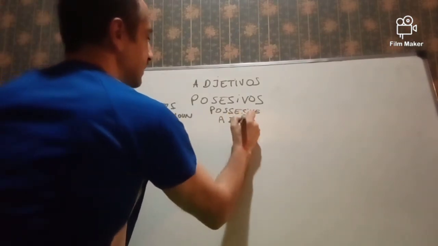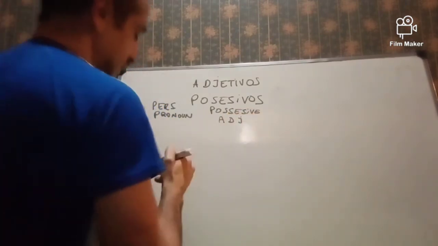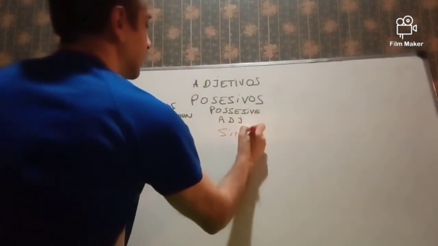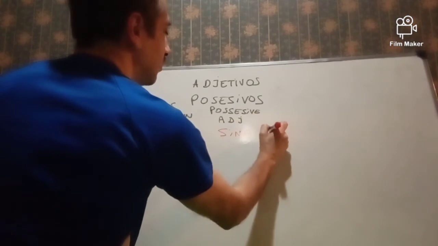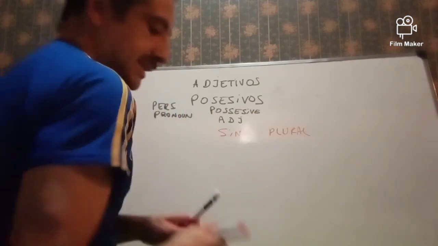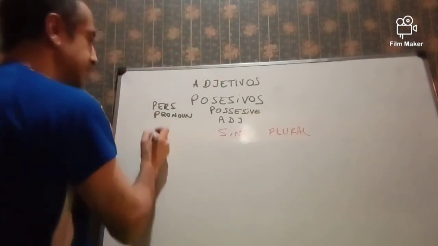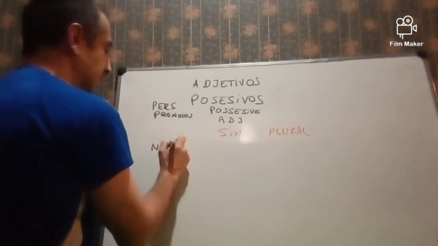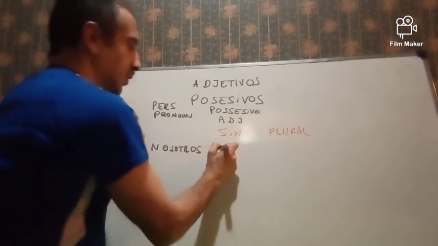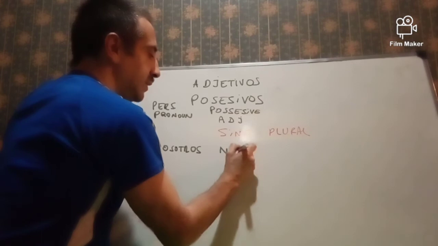Possessive adjectives. So we have the singular and the plural. Let's see the plural pronouns. For nosotros, nosotras, we say nuestro,